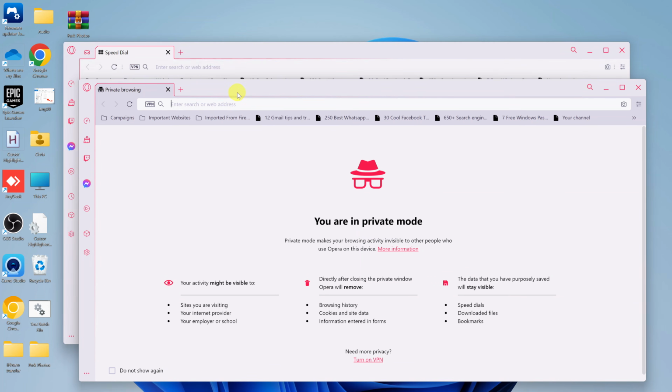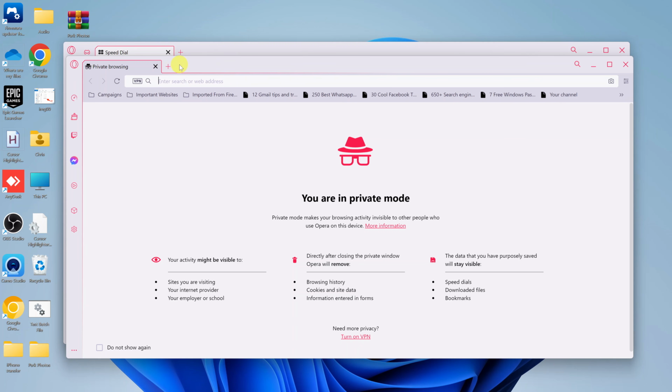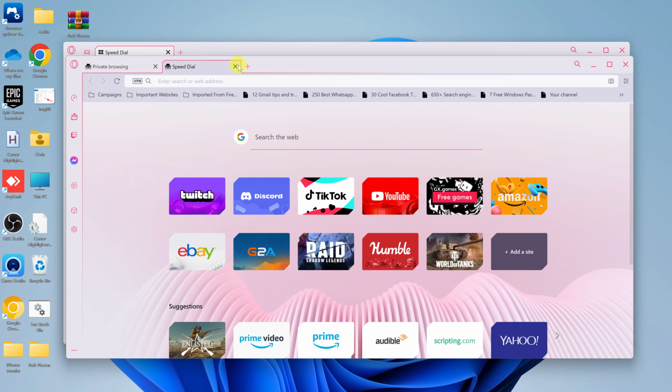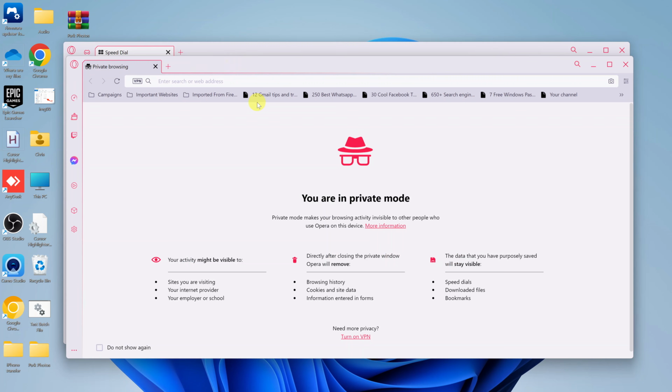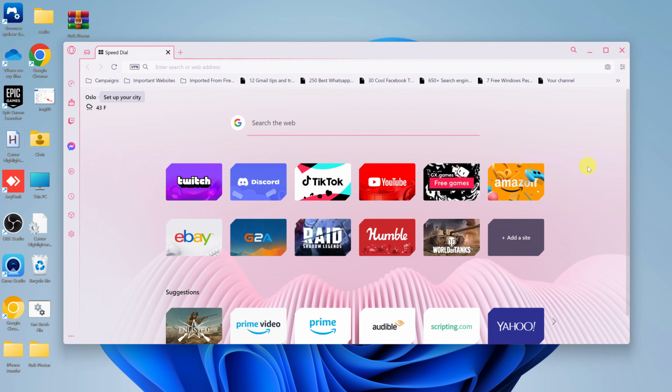Now this whole window is going to be in incognito mode. You can open new tabs and close other tabs, and all the tabs you use are going to have this logo here, which basically means it's in private browsing mode or incognito mode. When you're done, you can simply close that, and private windows do not store any browsing history, any cookies, any